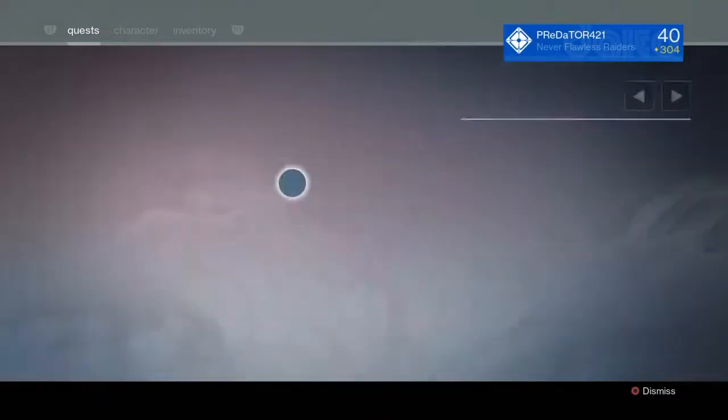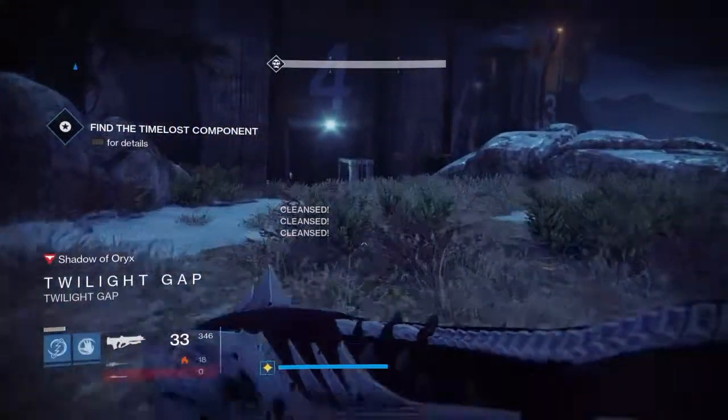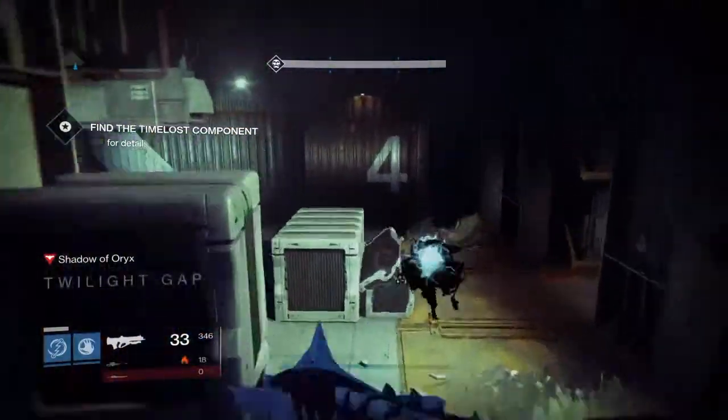And for the fourth step, or the seventh step, my bad, I haven't been counting, you go and talk to Lakashami, go talk to her, and then you come back here, and once you get into this new mission that you were granted, you then